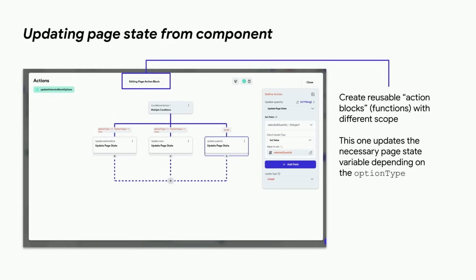And to actually define what that function is, to pass it into my class, I can use, again, what's called an action in FlutterFlow. So I've created what's called a page action block, which is essentially just a function that is scoped to the page level. And here I've configured the logic of this function, which in this case is just using a condition to check what type of button it is. Is it the one for selecting size? Is it the one for selecting color? And it updates the state variable according to what type of option it was.